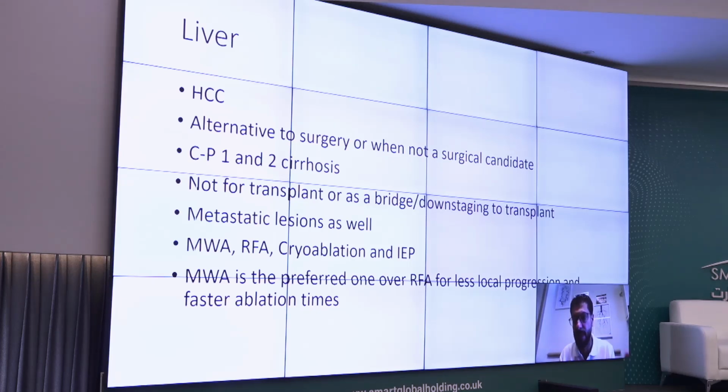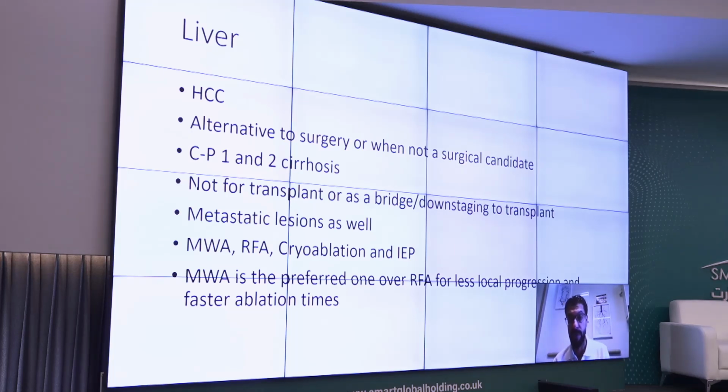For example, if they're using Milan criteria, and this patient at the moment is outside those criteria, to bring them within the criteria we can also use ablation, and this is what we call downstaging. So generally we're using it for Child-Pugh 1 and 2 cirrhosis,